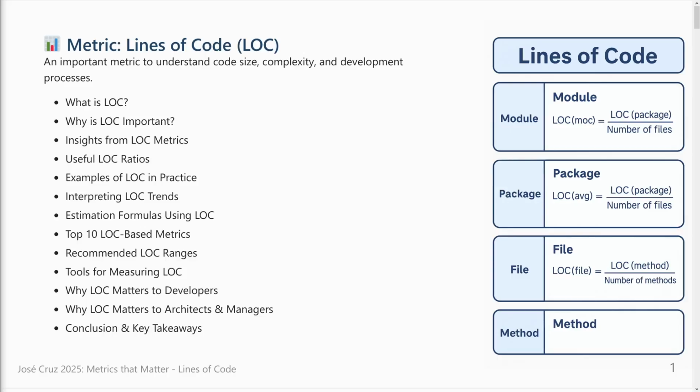Maybe I can ask you at this time, before going into details: what if you start to understand how many lines exist in files or modules or packages or classes? Maybe you start to say, okay, maybe I have big classes. So if I have big classes, maybe I have to refactor them. So now you understand why a simple metric that just counts the rows can give you information.